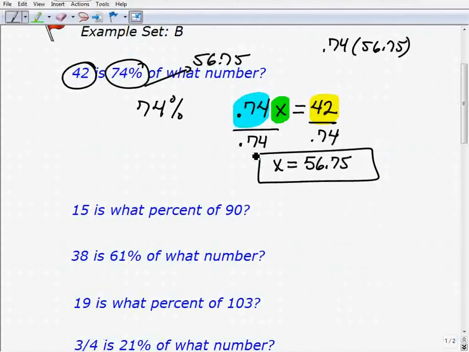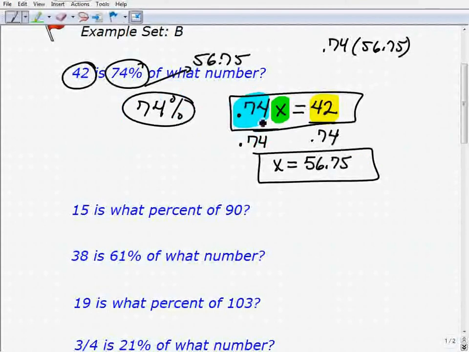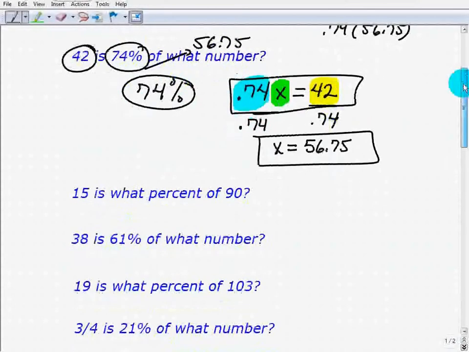Okay, so this is the equation approach. There's the answer there. All right, just a quick review. You set up your equation, you convert your percent to decimal, you set up an equation, and then just go and solve for the missing variable. All right, this is why we're doing